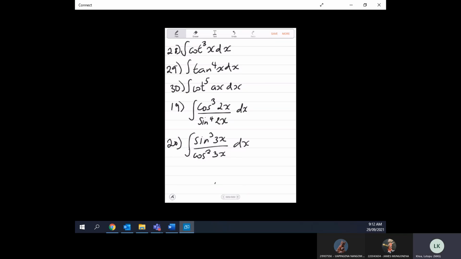Okay, this one here. When I get to sec to the power of 4, it's the same as tan to the power of 4, so that will not be helpful. What might be helpful is instead of writing it like this, I can write it as sec squared times sec squared and then change only one of the terms, because now integrating sec of 4